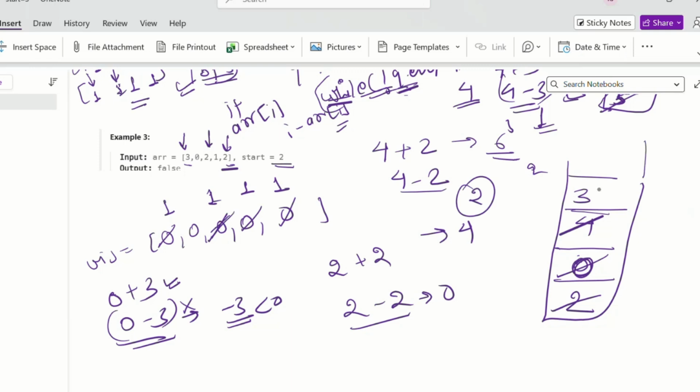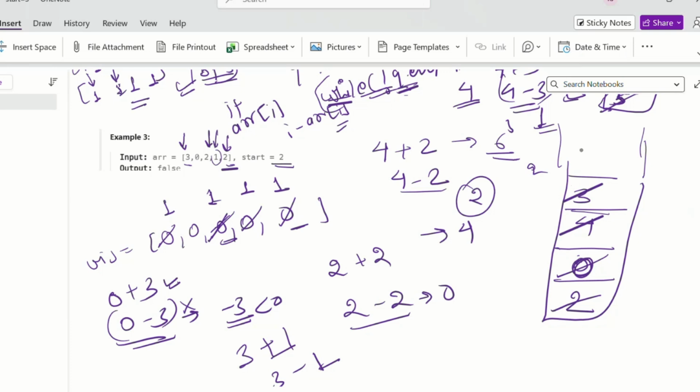Now we will move to the other element in the queue. We will pop this front element from the queue, which is 3. So 3 we will check. 3 is having value 1, so it is also not having the 0 value. So we can check from 3 where we can move. We can move either to 3 plus 1 or 3 minus 1, that means 4 or 2. But if we see, 2 and 4 are already visited, so we will not push 2 and 4 into our queue.